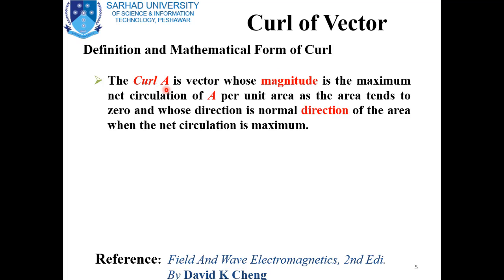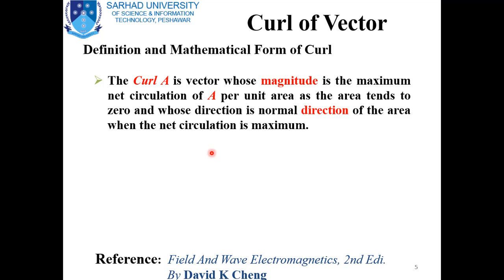The curl of A is a vector whose magnitude is the maximum net circulation of a vector A per unit area, as the area tends to 0, and the direction of the curl is the normal direction of the area when the net circulation is maximum, which means that the curl of A is a vector quantity and can be defined as the maximum net circulation